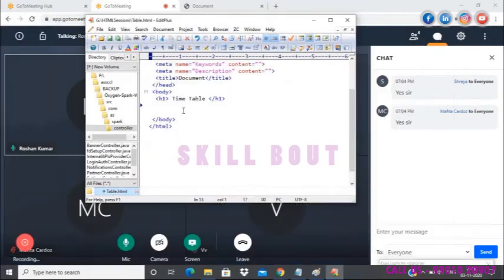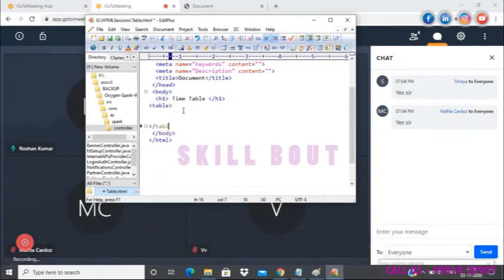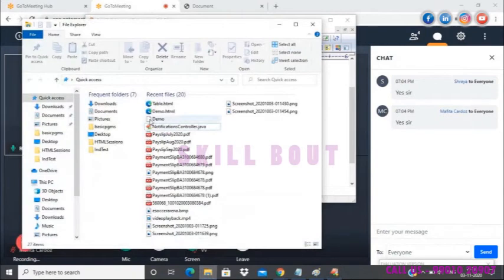Now, as I said, HTML will recognize a table by using a tag called the table tag. Also ensure that you close each and every tag, even though I have told you that most of the tags are not mandatory to be closed. But I assume the table has to be closed because it will have border, rows and everything. Step by step, I'll proceed forward because I want to show you how the structure behaves with the addition of each tag. This doesn't mean that the table is created. I'll just confirm that to you. So here it is.